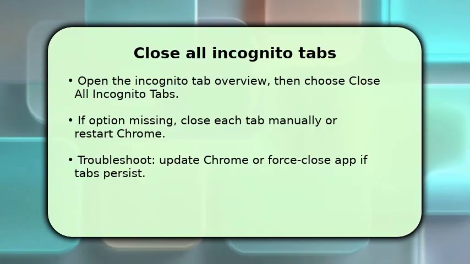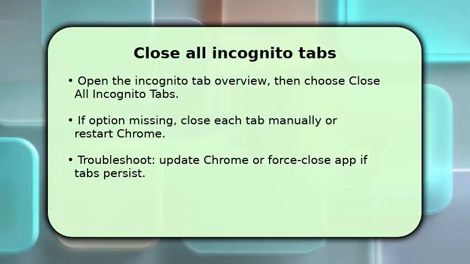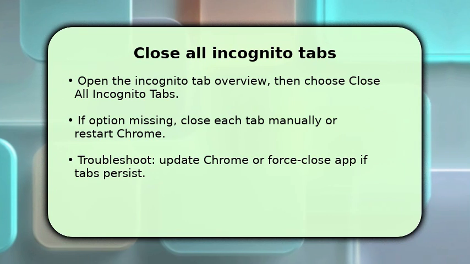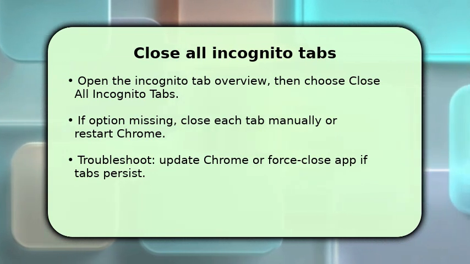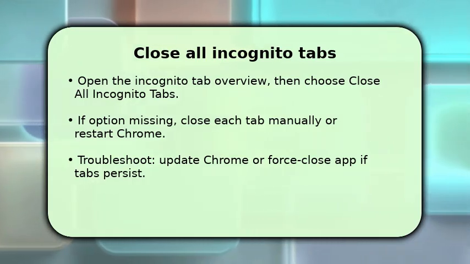To end the entire private session quickly, open the Incognito tab overview and tap Close all Incognito tabs. This clears every private page at once. If you don't see that option, close each tab manually as before or restart Chrome to force the private windows